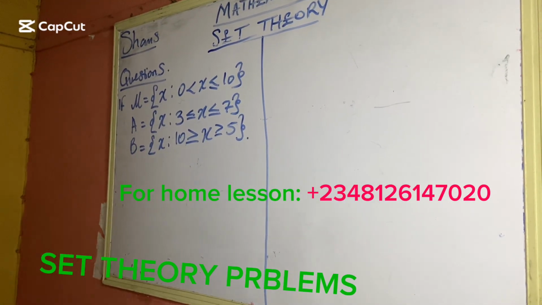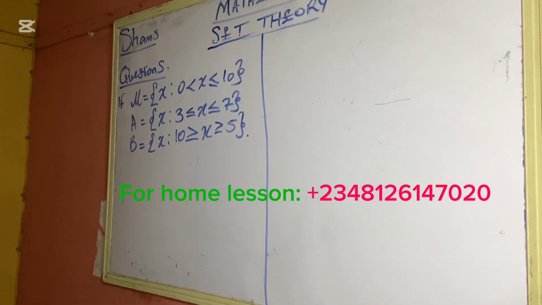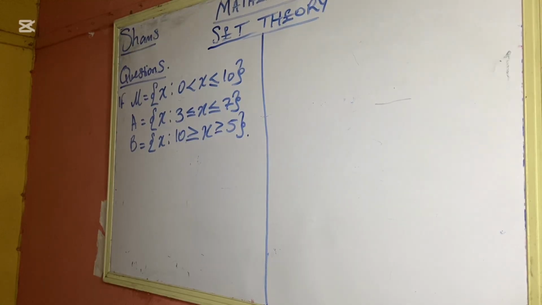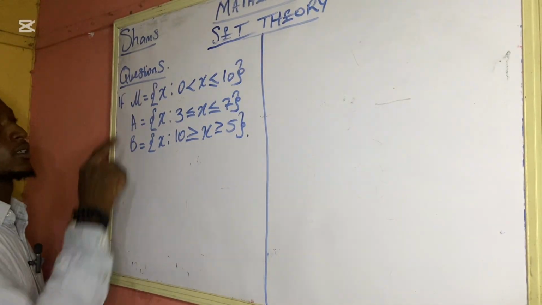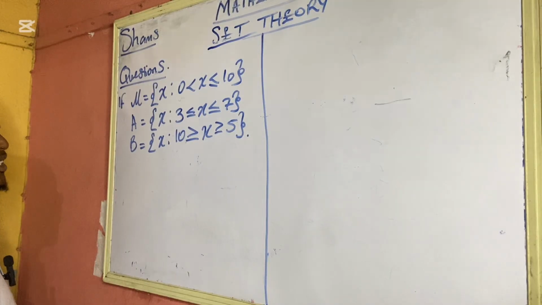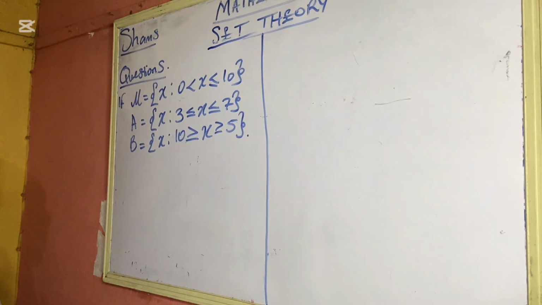So in this video, we're going to check some questions on set theory. I have explained set theory in the previous video. Now let's check it out. We say, if the universal set equals x such that 0 less than x and x less than or